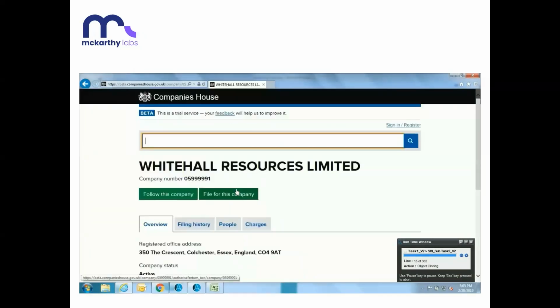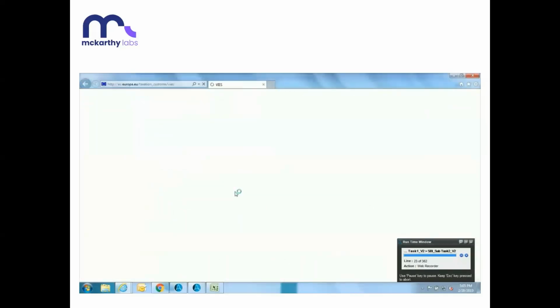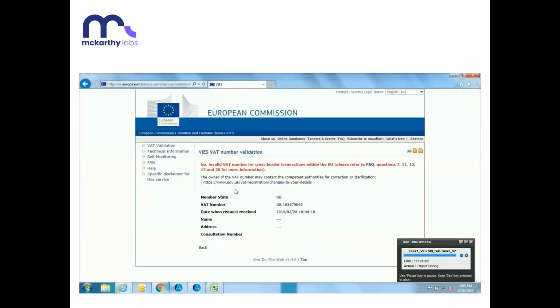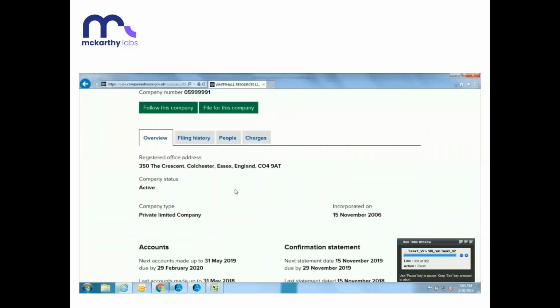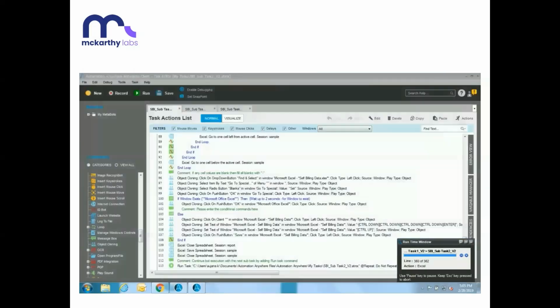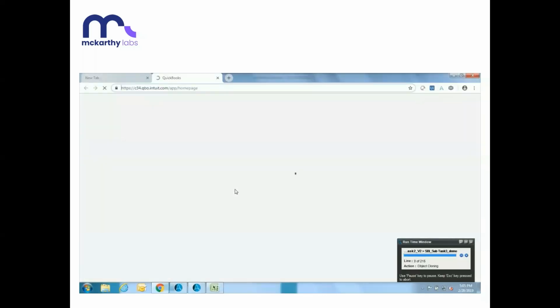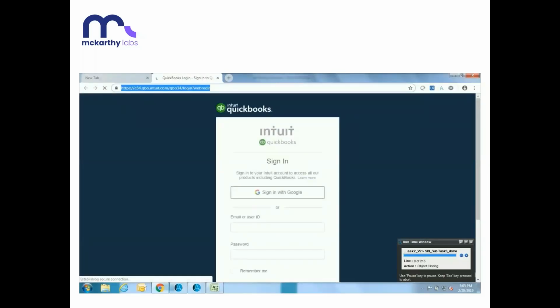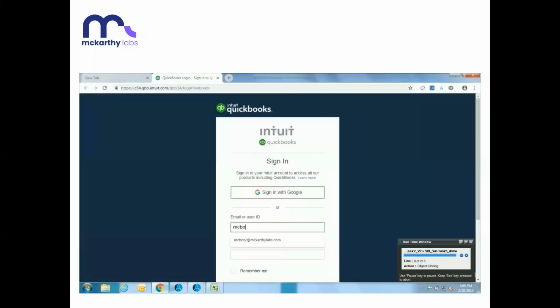And what you'll see in a moment, once it runs through, so it's doing it for the 3 contractors, so it's saying no valid VAT number there. And what you'll see in a moment is the bot will actually log into QuickBooks, which is the accounting package. And again, this is all an example. So it's going to log into QuickBooks and it will physically process those invoices. So this is a very, very powerful bot. It does a lot. It does whole processes end to end.